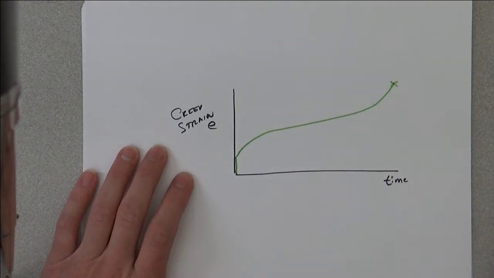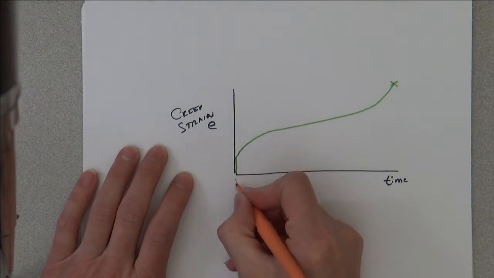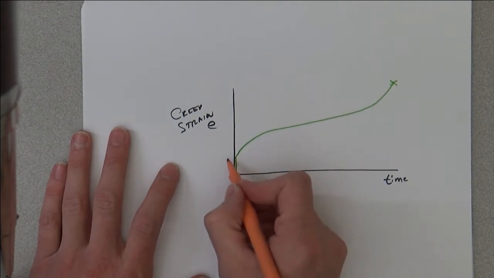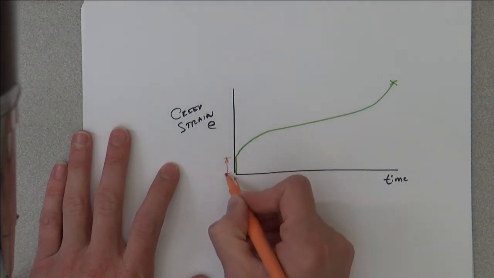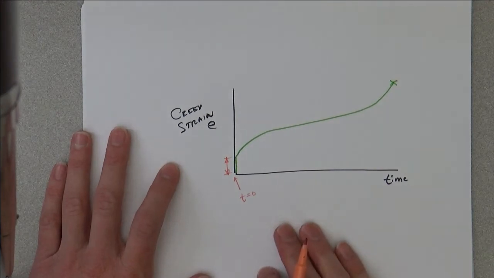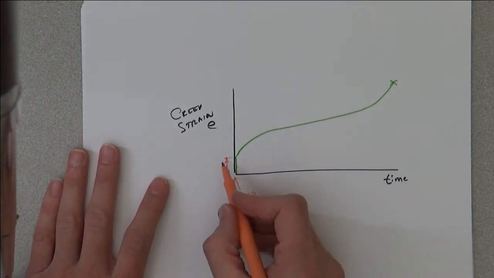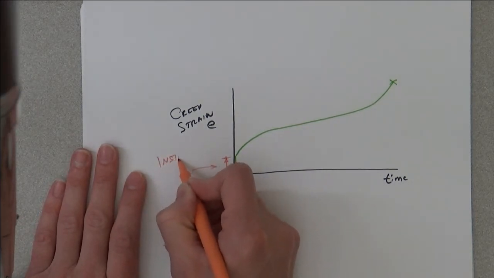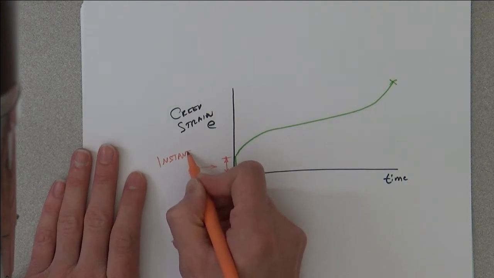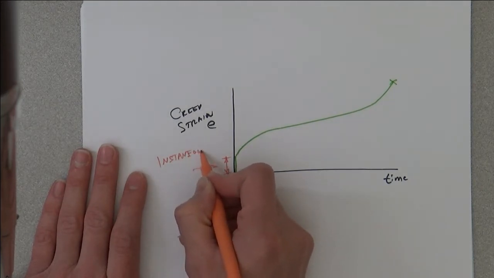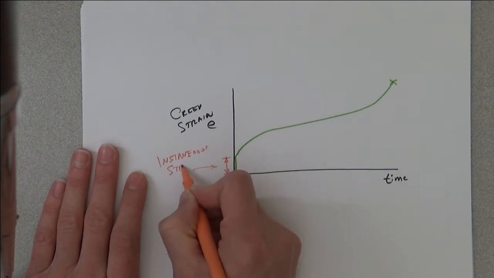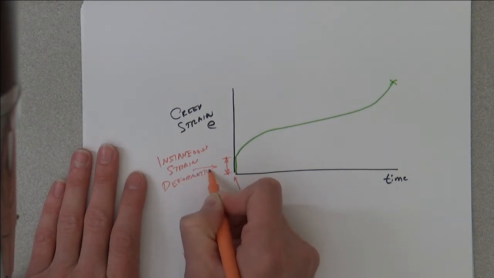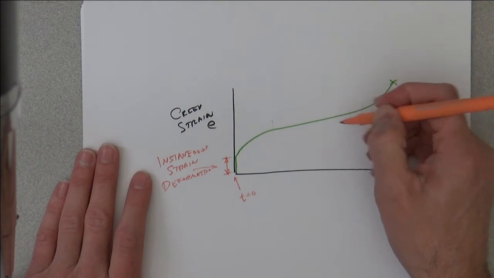So here in the front, at time t equals 0, we have the instantaneous deformation. So this is the strain that happens when load is first applied. You can think of this as the initial elastic strain. Then in this region here,